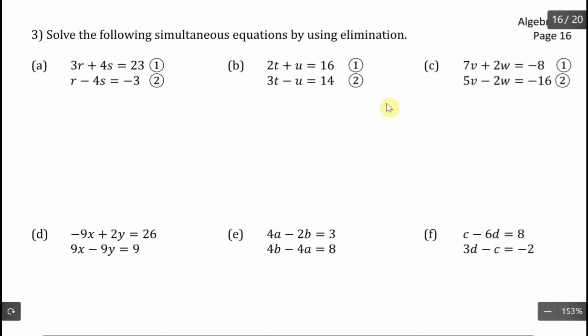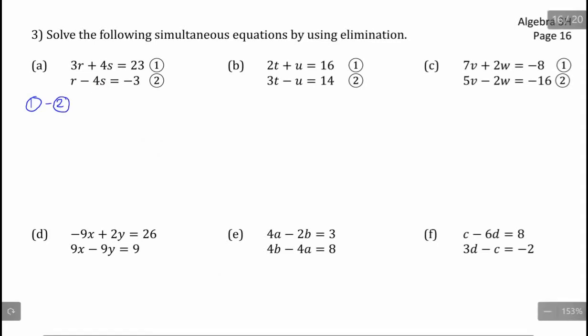On this question, you may notice that, again, we have the same coefficient of one of the variables, so not the r's in this case, but the s's. However, one of them is positive and one of them is negative, which wasn't the case on the previous page. So let's have a look what would happen if we tried to subtract here. So if we did equation 1 take away equation 2,